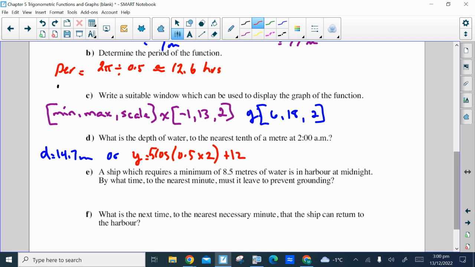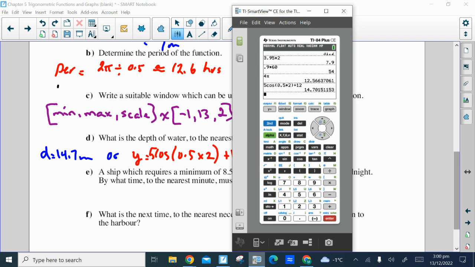Part E, a ship which requires a minimum of 8.5 meters of water is in harbor at midnight. By what time to the nearest minute must it leave to prevent grounding? So we needed the graph for that one. We'll put a second equation in, 8.5. So it has to get out before that first point of intersection. So to find out what that is, second function trace, number 5 for intersect. Enter. I'll put my guess at 5. It's actually 4.69 hours